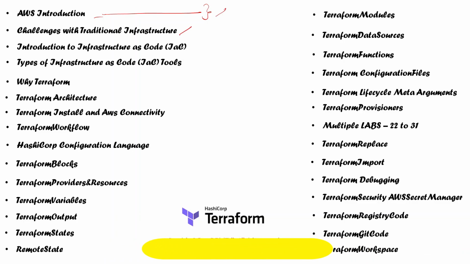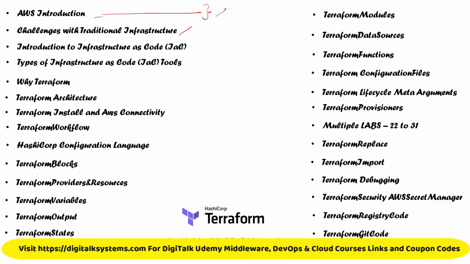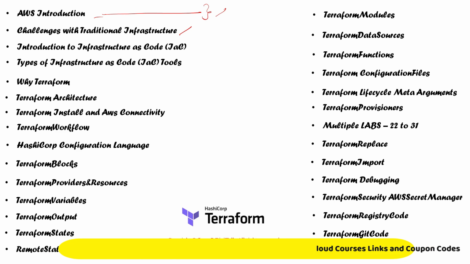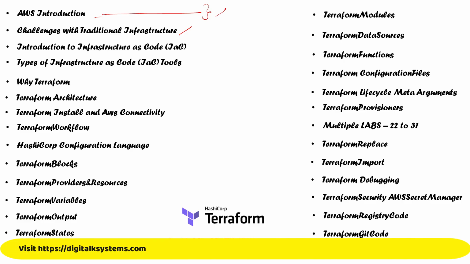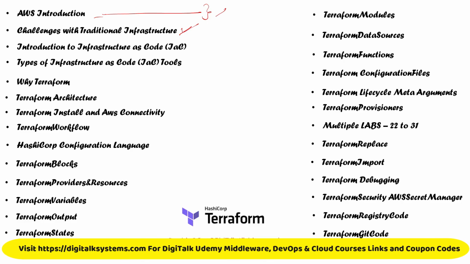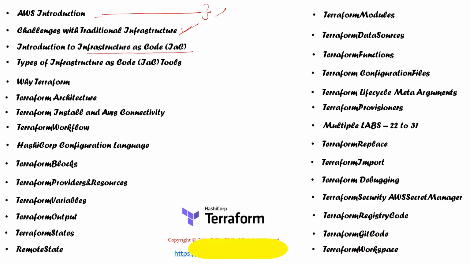Second, we are going to discuss the different challenges we have in traditional infrastructure. That means, if you are not using Terraform, what kind of challenges you face when going for the complete end-to-end setup of your infrastructure, which includes your hardware and software as well. Once you have clarity on the challenges, you can understand Terraform properly. What is infrastructure as code? It is a term where you manage the complete infrastructure with the help of code. Code in the sense that we create different configuration files, and with their help we manage the complete infrastructure.